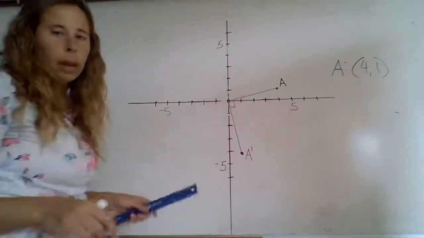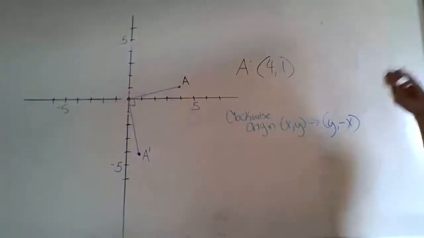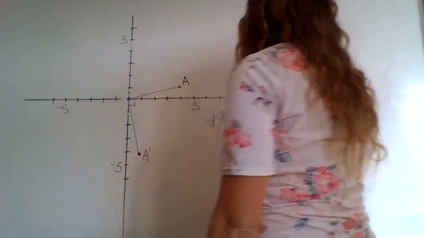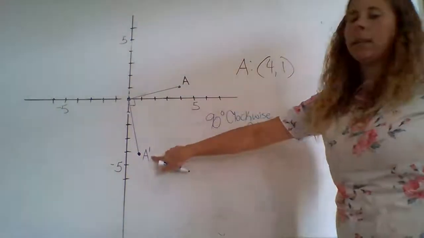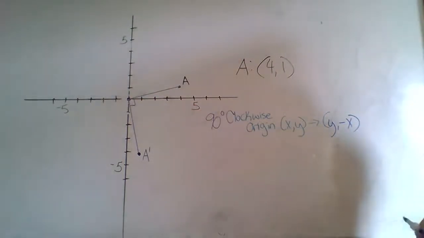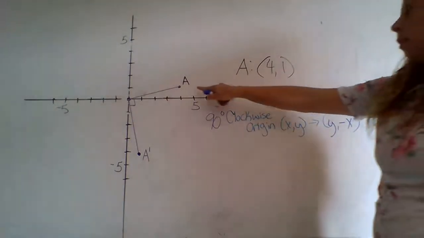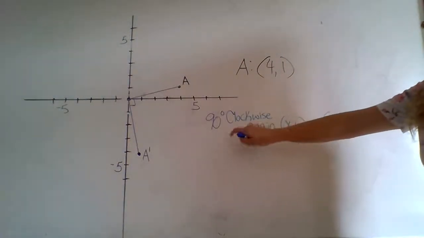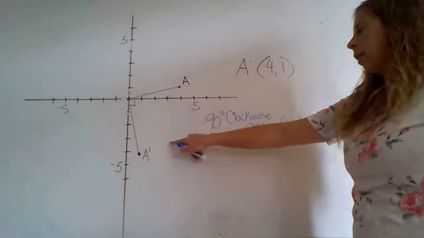Okay, hold on, because I'm going to tell you the trick. Here's the rule. If we're rotating 90 degrees clockwise, which is what we just did, we rotated this point 90 degrees clockwise around the origin. Some of you were kind of getting at this today in class, which is why I'm going to remind you what this is. When you start with the point at 4, 1, and you rotate it 90 degrees clockwise around the origin,